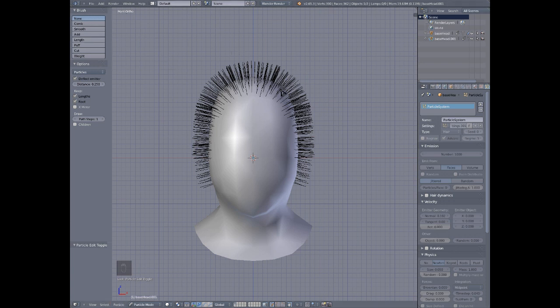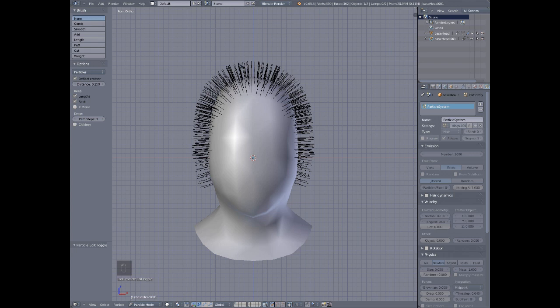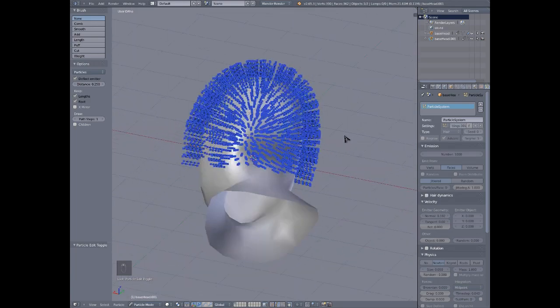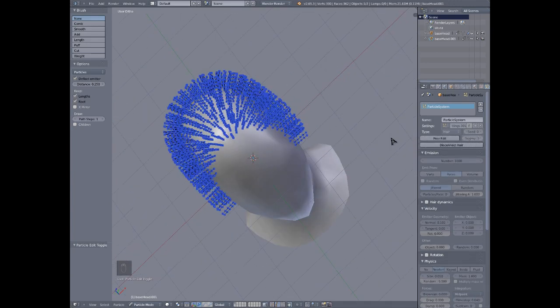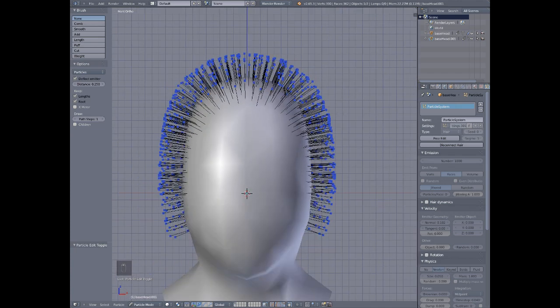Obviously the brush is how you're going to be styling your hair most of the time. Down here, as I pointed out in a little caption in my last video, you can choose between 3 different display types for hair. This is path edit mode, which basically just shows the hair as you see it in the viewport. There is the control point editing mode, which shows a certain number of control points for every hair, and the number of control points is equal to the number of segments you set over here before you jumped into particle mode. And you can also pick endpoint mode, which allows you to just control the endpoints, which is useful for